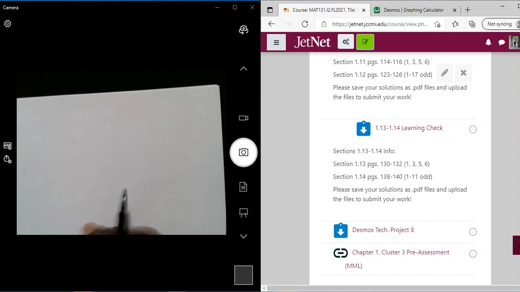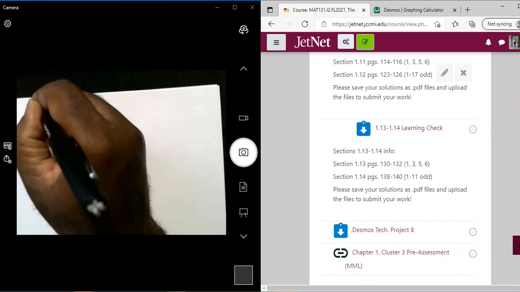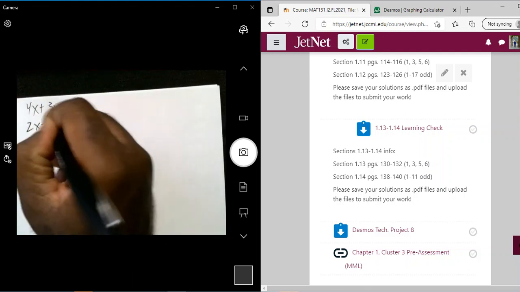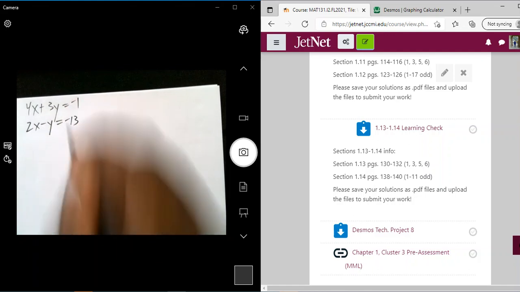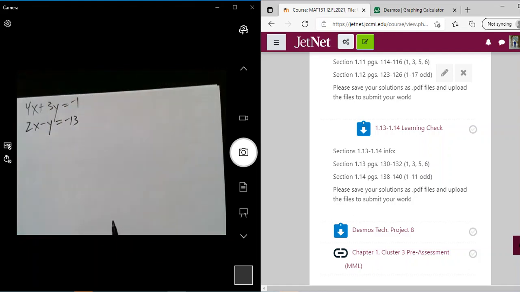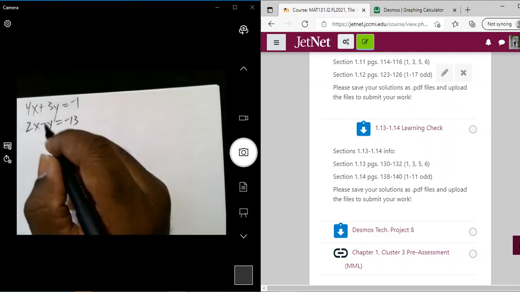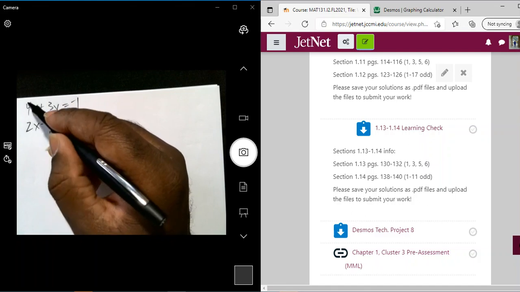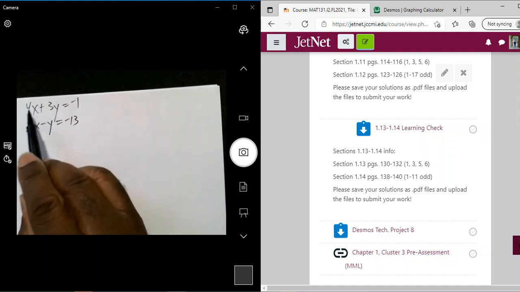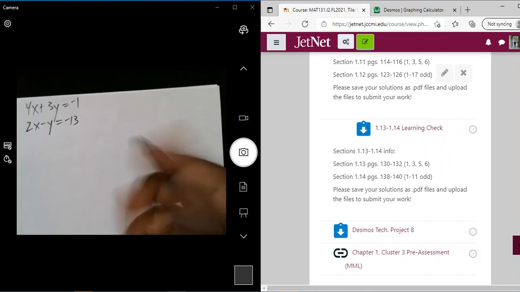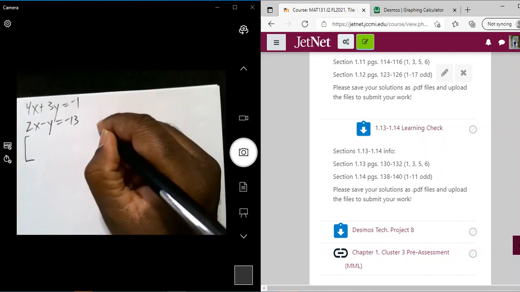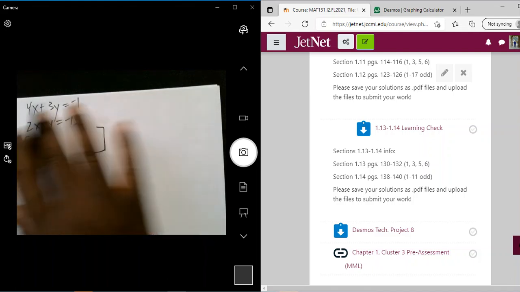Okay, number 1, we have 4x plus 3y equals -1, and then 2x minus y equals -13. They said write the augmented matrix for each system of linear equations. So basically, they want you to write this as a matrix. If you notice going down, we have 2, and then going across, we have 3. So we would draw a matrix that accommodates 2 going down and 3 across,